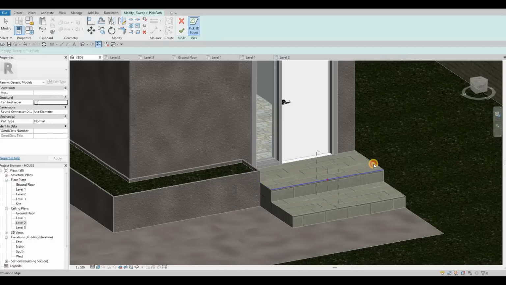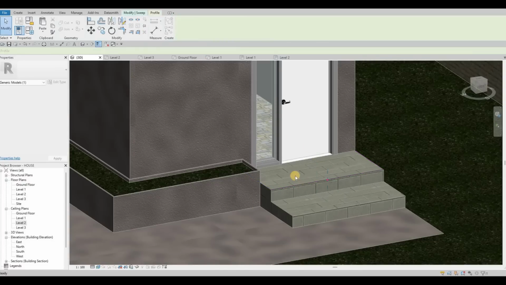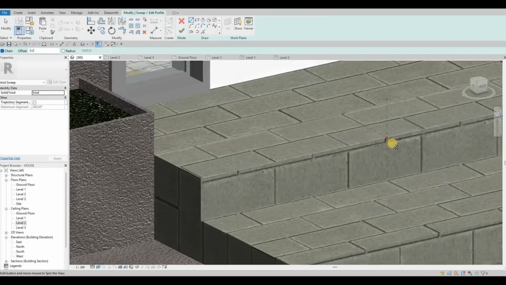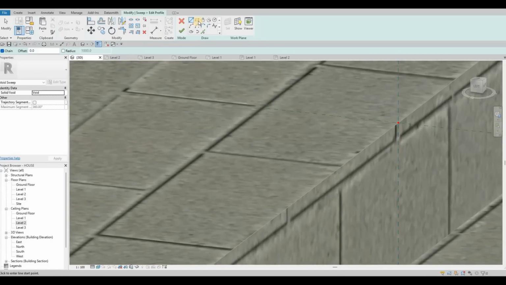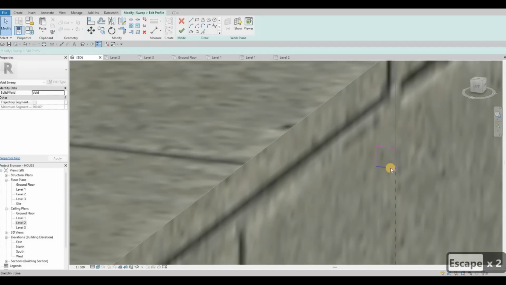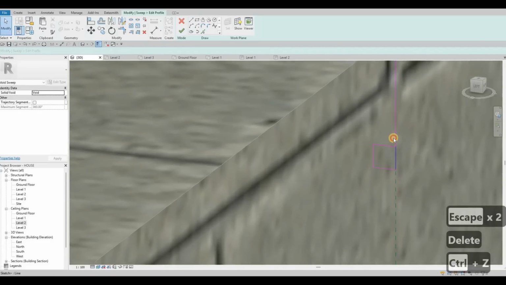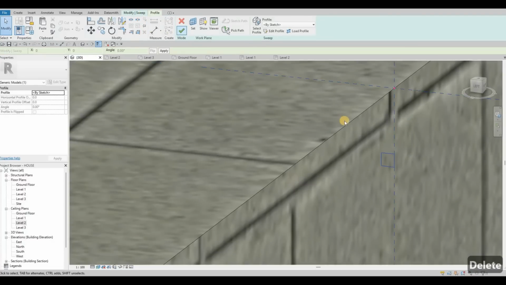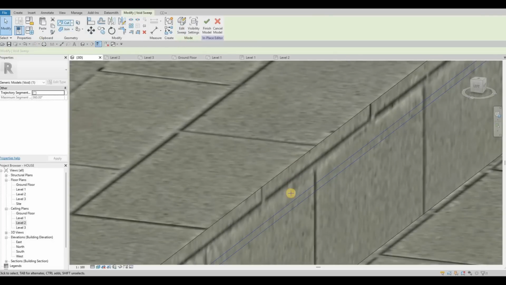I'm gonna select this path right here and then click finish, edit profile, and then here I'm gonna use align 50 and then 10, 10, 10. Then delete this, click finish, and then finish, and then cut,